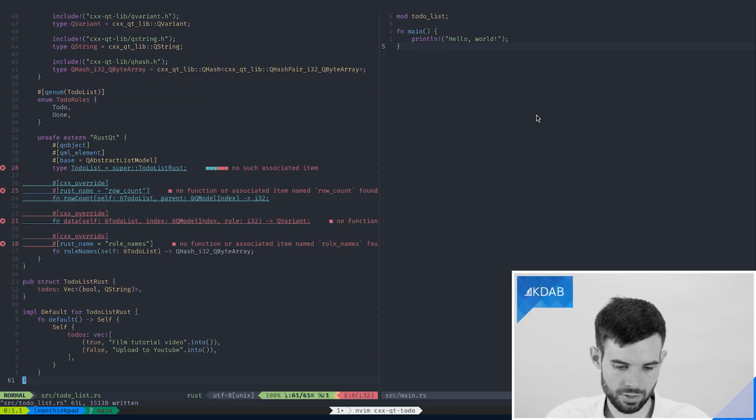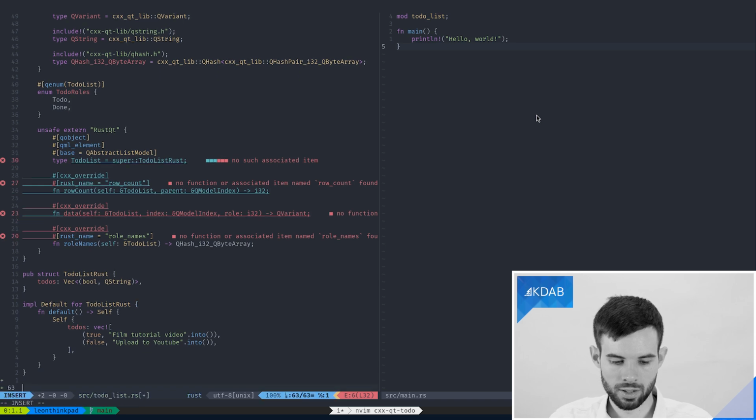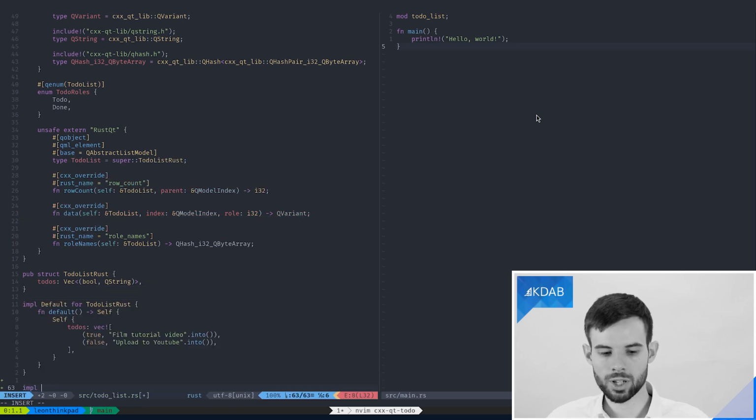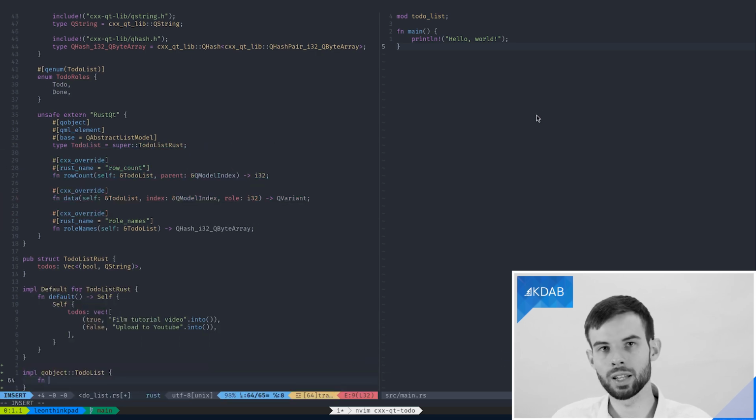So now at this point, we should really get started on finally getting rid of those errors here and implementing the functions. Again, functions need to be implemented outside the bridge. The bridge is only what we use to expose these functions, or even types, between Rust and C++. So because we called our module QObject, we will implement these on QObject TodoList. Let's start with the row count function. Like I said, we've renamed it with the Rust name to use snake case convention like we use in Rust, so we need to use this name here when we implement it.